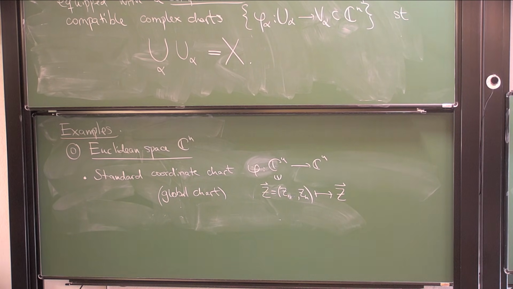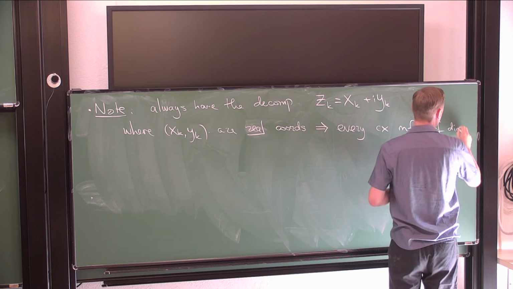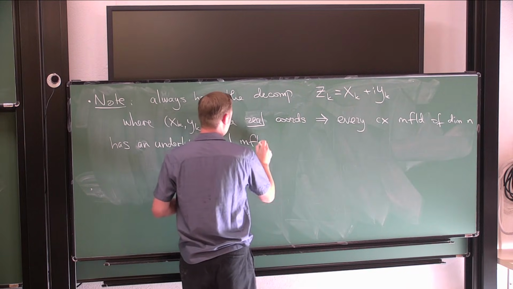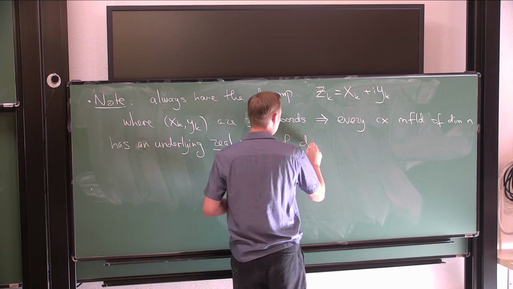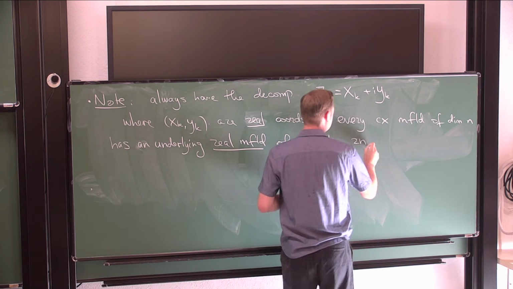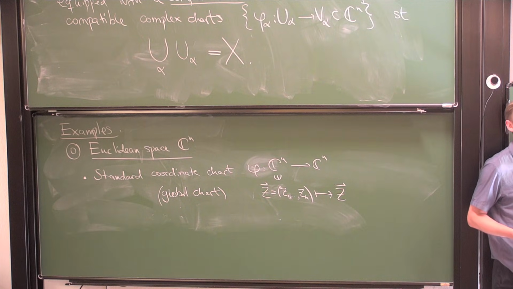So that means that every complex manifold of dimension n has an underlying real manifold of real dimension 2n. So if you literally just forget that we have agreed to combine some of these pairs of real